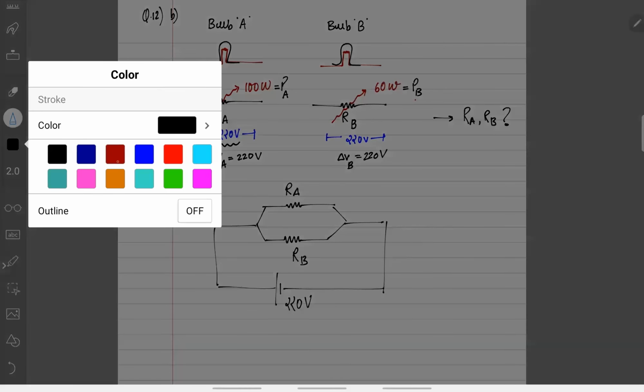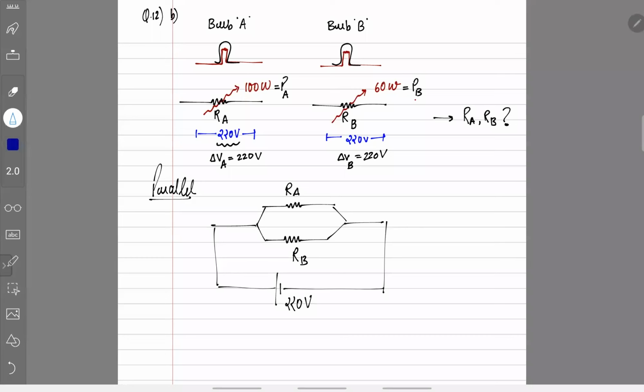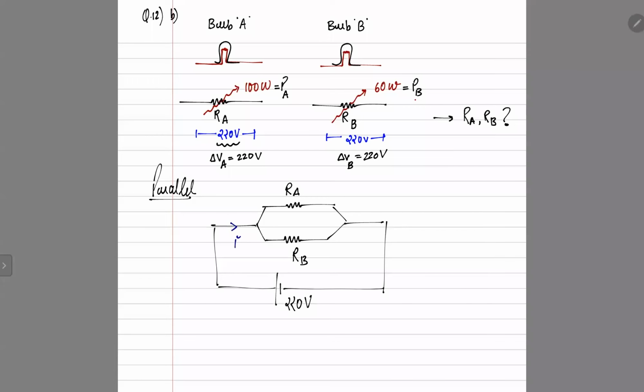Then in that case this will become the main current I, and since A and B are in parallel,